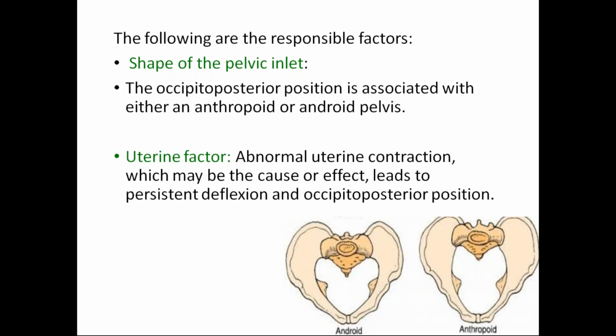A defective pelvis is mostly anthropoid or android, because the anteroposterior diameter is increased in anthropoid and also in android. In android there will also be midline convergence. But most commonly it is associated with anthropoid and android. And with uterine contractions, the flexed attitude may not be maintained, so there will be a little bit of a deflexed head. This deflexed head again favors all these things.